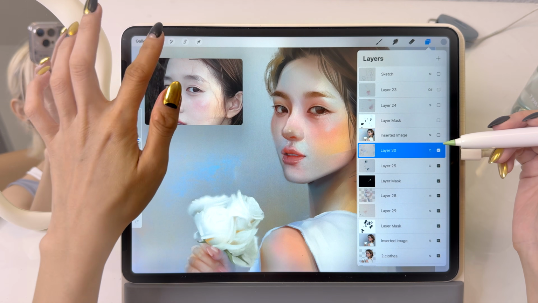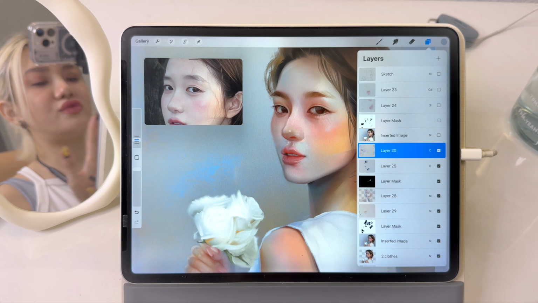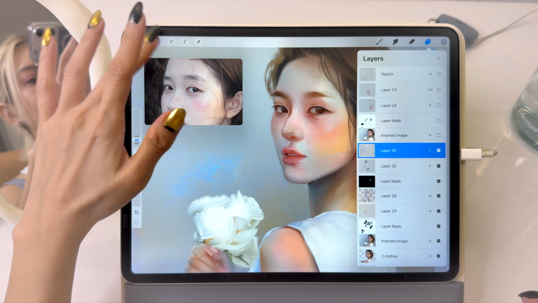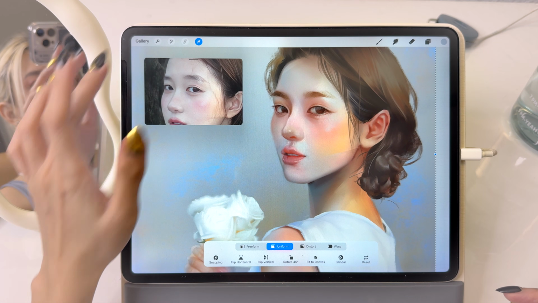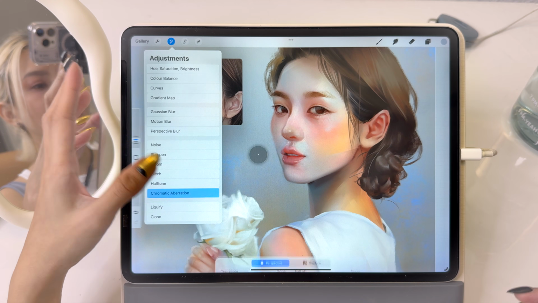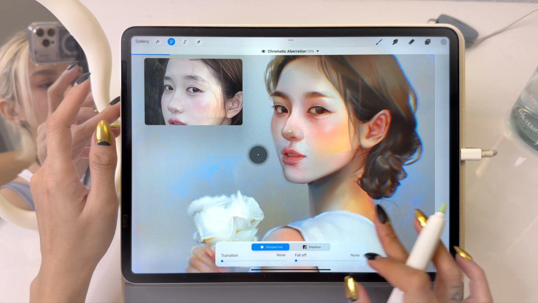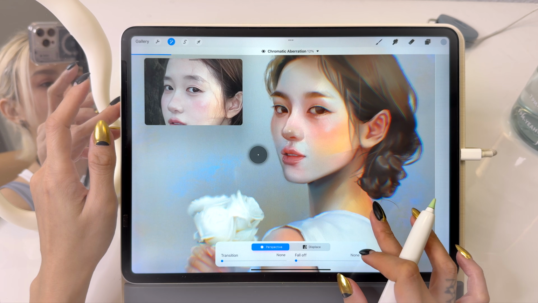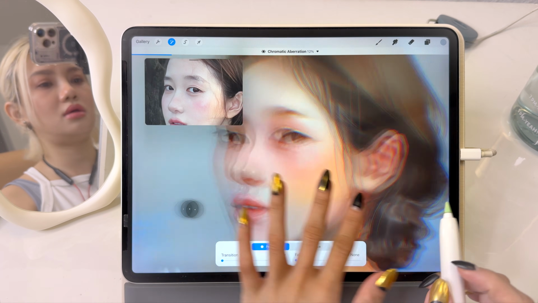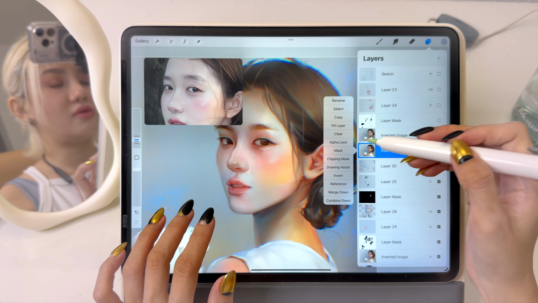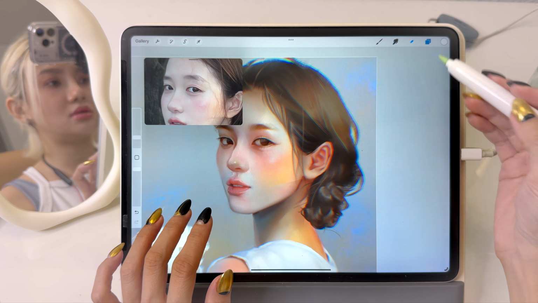Then after you're done dealing with your background, make sure everything is completed, copy canvas again and paste. You are going to go to chromatic aberration and just shift it. So you can see that it shifted it red, green, and so on here. So this is what I have, and of course you need to use the mask and